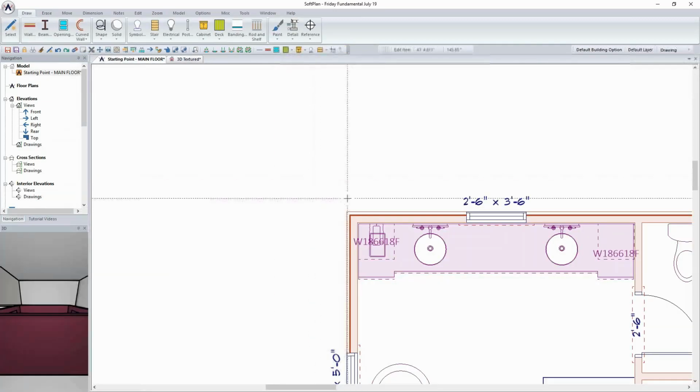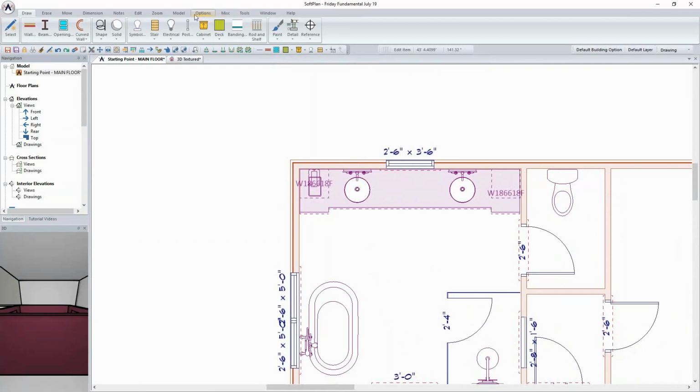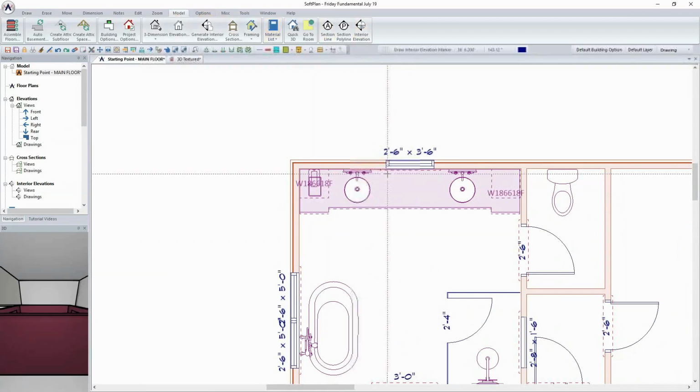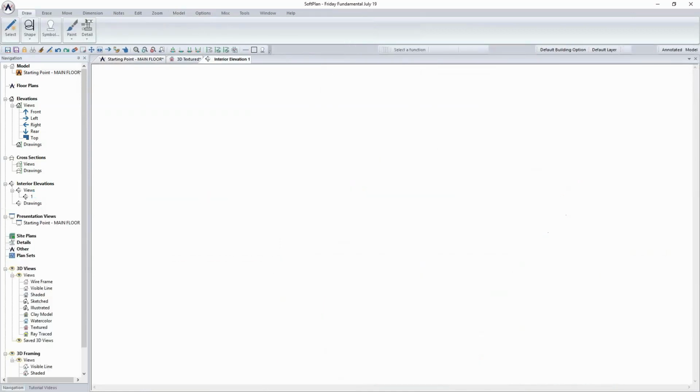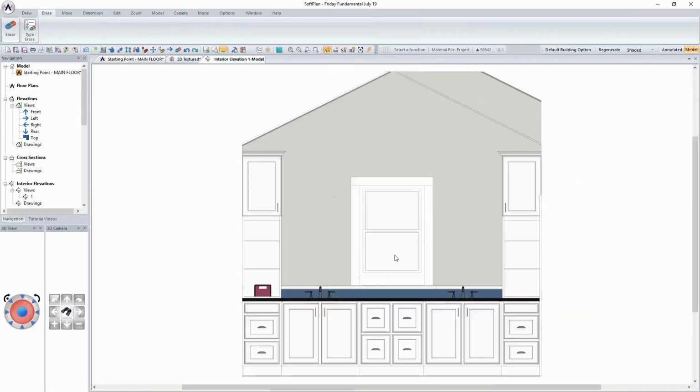If I come back into this option right here, and I come in through model and take a look at interior elevation, I'm just going to click where I want the interior elevation to be set, and then draw it towards the plan. And over here from the model view, I'll be able to double click on this and see what the elevation of the plan itself looks like. It's here that I'll be able to come in and modify or edit, and add things like